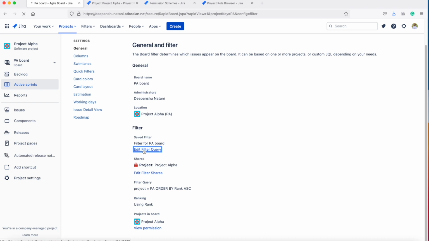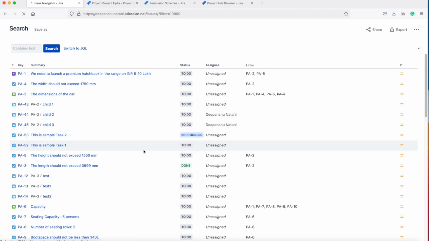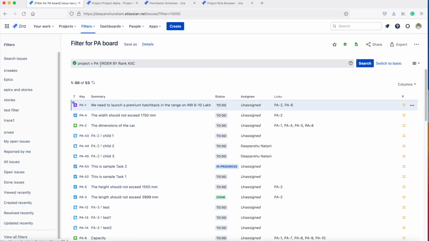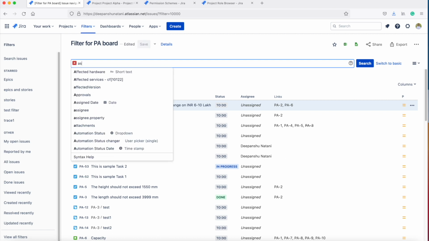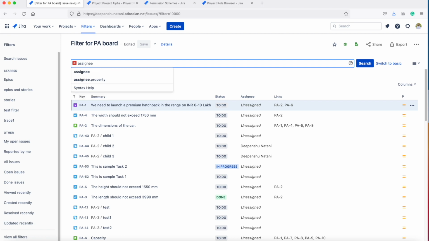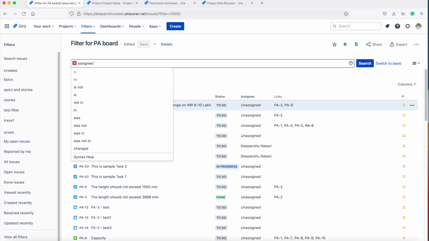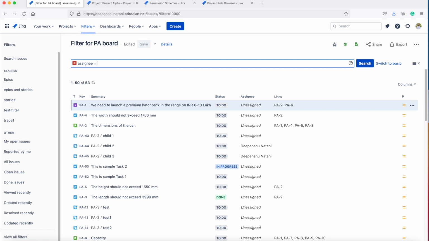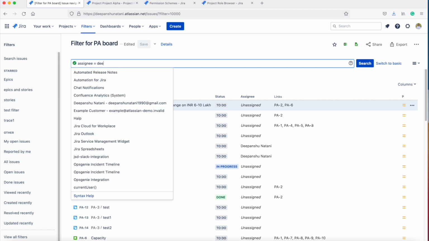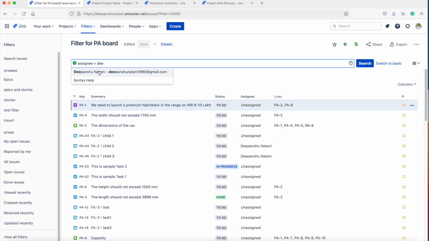If I edit this filter query and write something like assignee equals to, then it will be called a complex filter query.